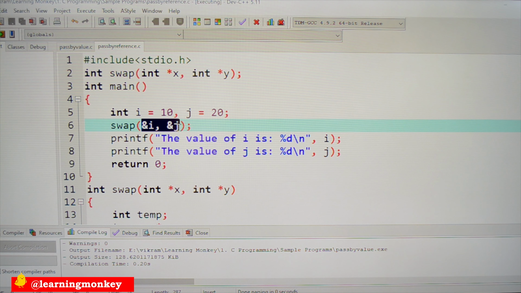The value of i is equal to 20 and the value of j is equal to 10. So this is how the swapping can be done. This is how pointers can be used as arguments.